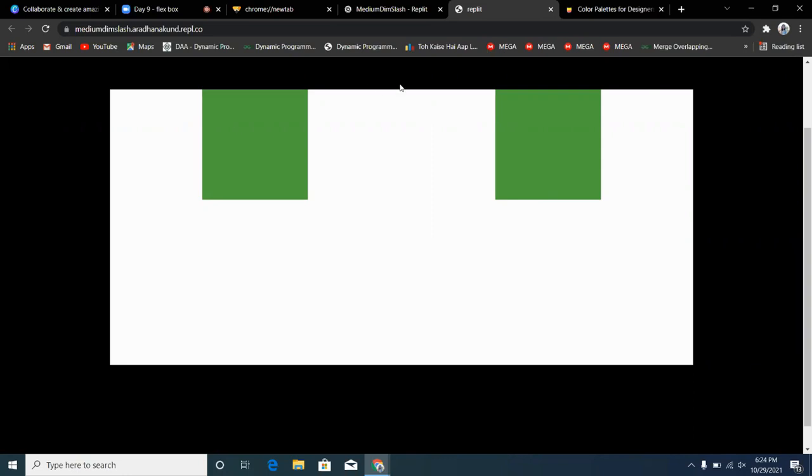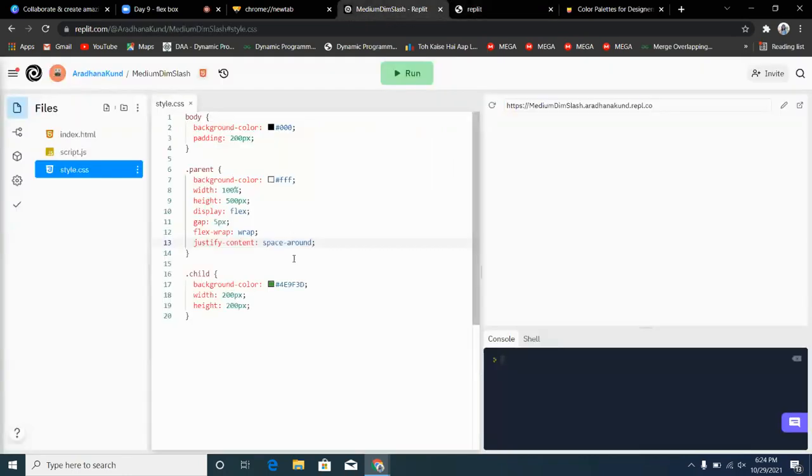And if you divide this particular space into two halves, you will be able to recognize that this space and this space are the same. But I don't want that. I want all the space over here to be even, over here even, over here even. So what can I do?